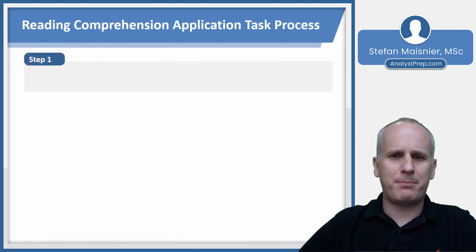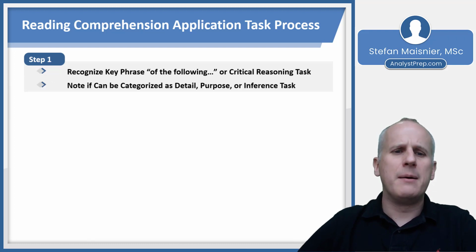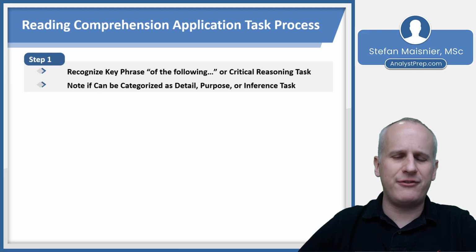So, our process for managing these application tasks: recognize the key phrase "of the following" or just a standard critical reasoning argumentation task word. But recognize as well that if you can categorize a question that has the stem using the phrase "of the following" as either detail, purpose, or inference, you should categorize it as one of those three more commonly used tasks. The "of the following" and not being able to be categorized as detail, purpose, or inference is really what indicates